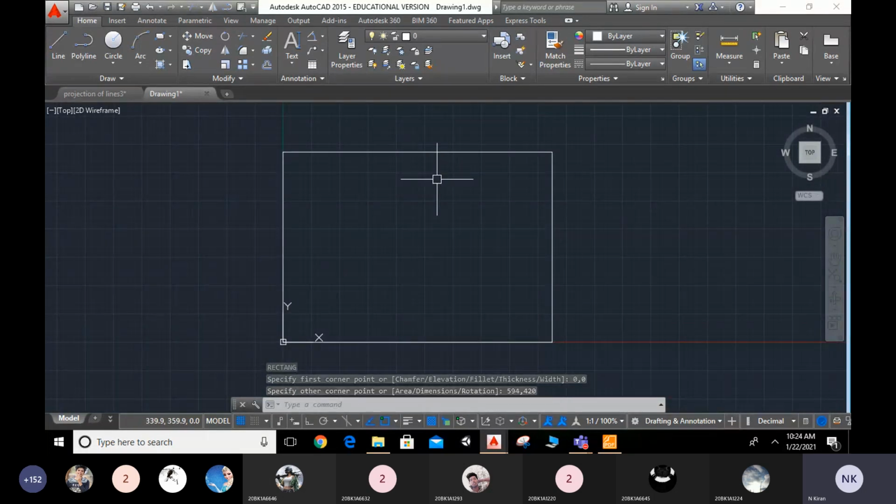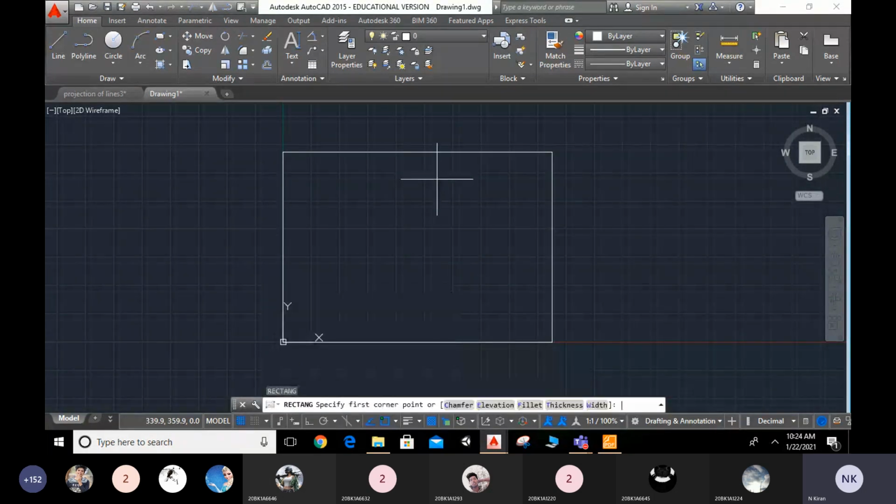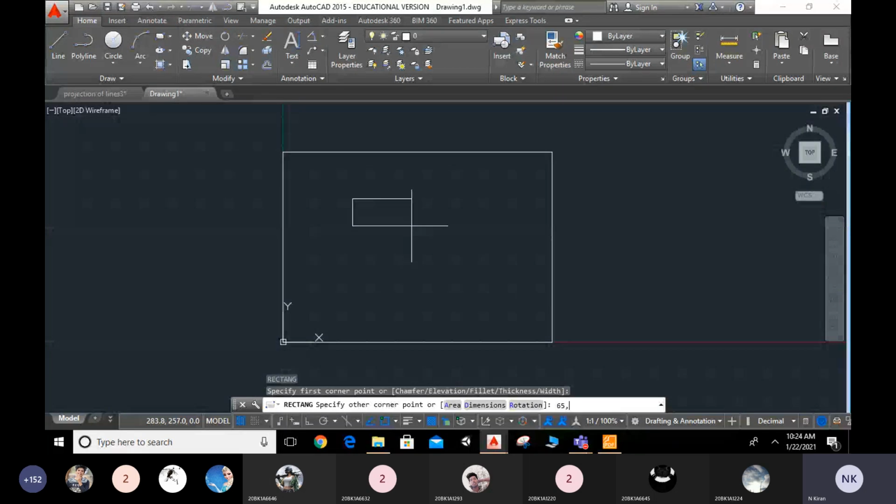And after that, I want to make a title box, rectangle, REC enter. Next, what is the title box length? I will give 65, select somewhere here, 170. Yeah, 65, 170. So yeah, it came vertical.